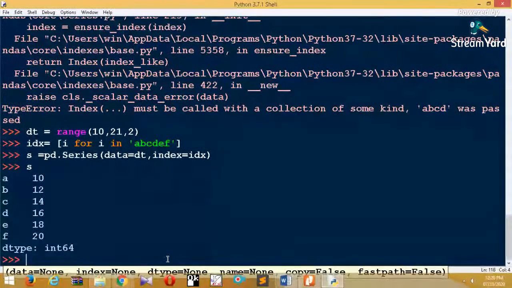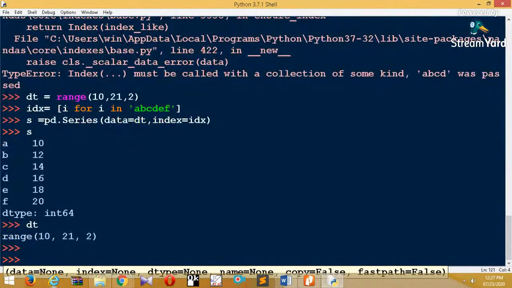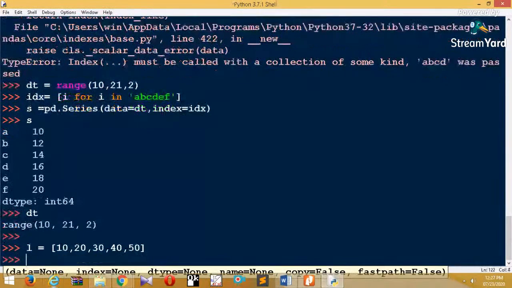Okay. Now let's move to the next topic within this only. I'm taking this example, this one range only. So already we have generated this value. If we simply print dt, you can see it is coming as a range. Let me take one fresh one. So I'm taking one list, for example. List is equal to a simple list 10, 20, 30, 40, 50. This is my list. I will create one series using this list,